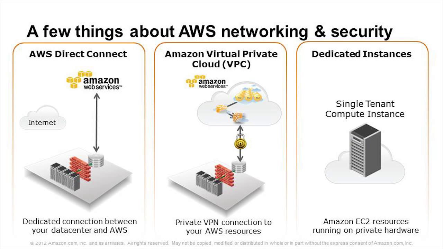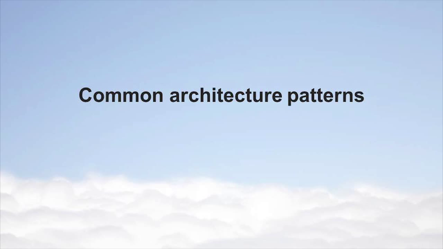If that's a concern to you, at the point when you decide to launch the virtual instances, the EC2 instances, you simply check one checkbox and say, I'd like that to be a dedicated instance, and we will then, behind the scenes, make sure that we're running on hardware that's only available to your organization. Now let's shift into some common architectural patterns for disaster recovery.